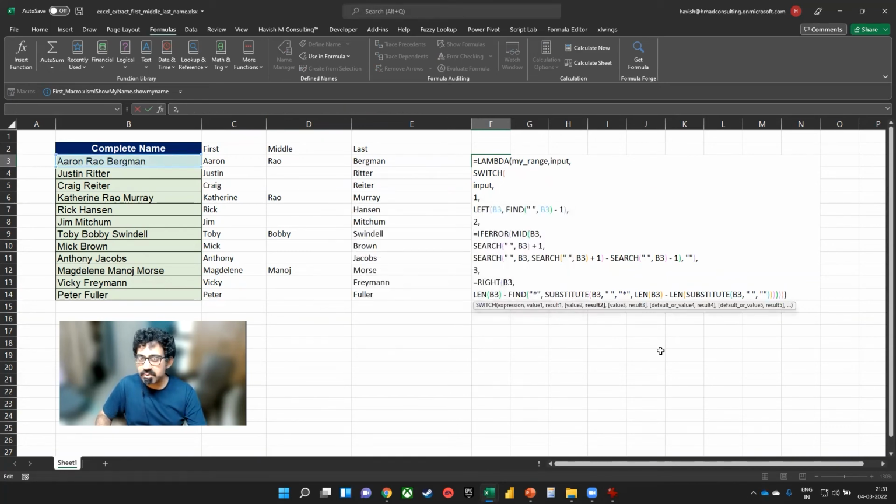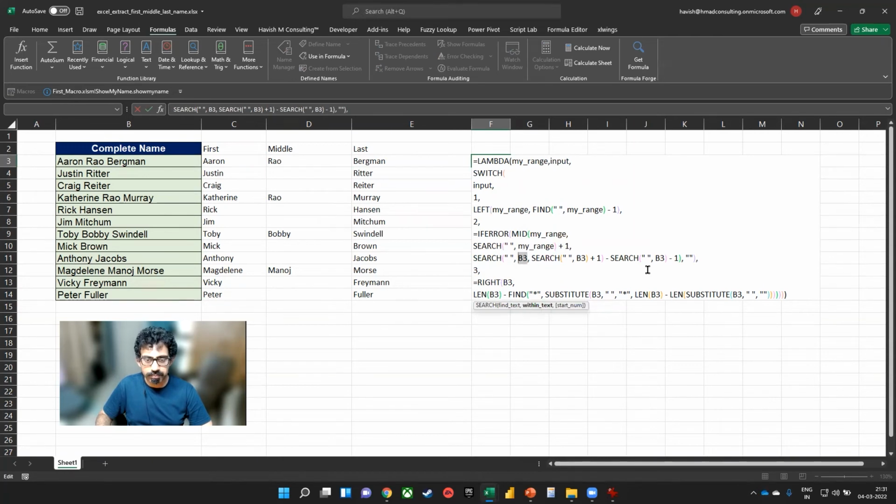And there does seem to be an error. So let me quickly check that. So lambda, my range, and input, that seems to be okay. The only thing left is this B3 has to be replaced with my range so that we can make it dynamic. So we're going to select this and make it my range. Let's do it here as well.